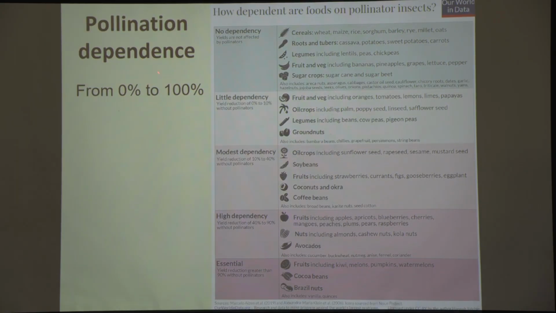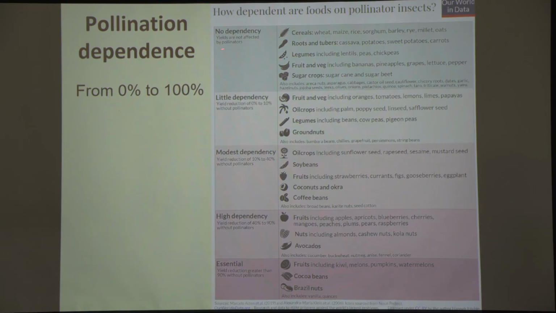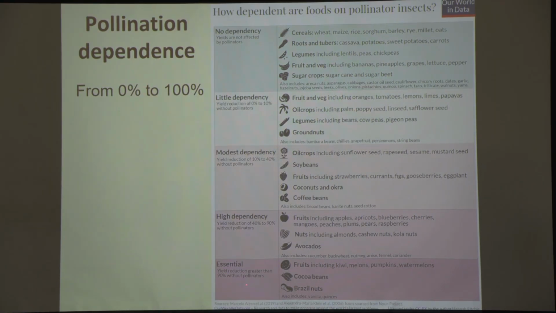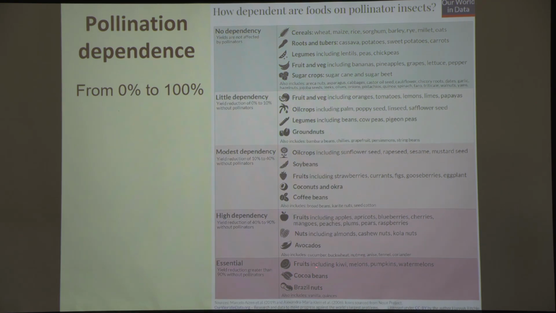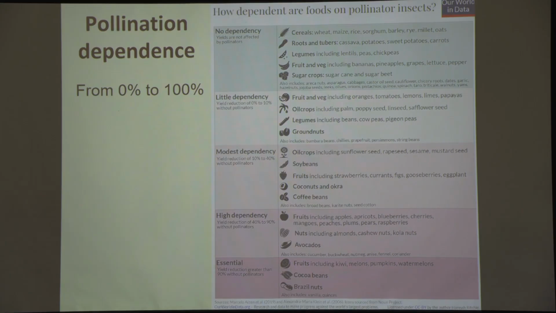Now, I mentioned this pollination dependence idea, that some crops are partially pollination dependent. So let's just look at that. As we said, some cereals have zero dependency. Sugar cane is a good example of a big crop that has zero dependency on insects to pollinate it. And right down to completely essential, like, here's a few examples here. Kiwis, melons, pumpkins. If you do not have pollination, you will get no crop. And then there's all these intermediate stages, from 0 to 100% dependent. So you've got to take that into consideration